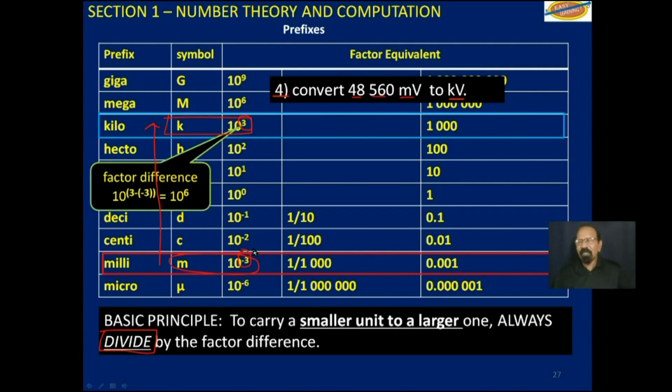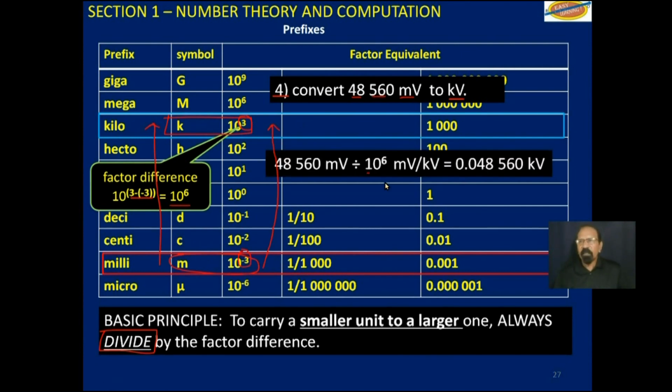And so since it's indices, you just subtract the indices when you are dividing indices with the same base, and you get 10 to the 6th. That is to say, it takes 1 million of this to make 1 of that, so we'll divide by 1,000,000, which is 10 to the 6th. So we are dividing this by 1,000,000.